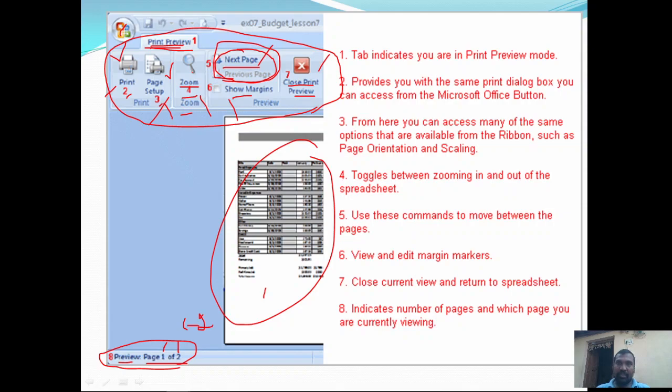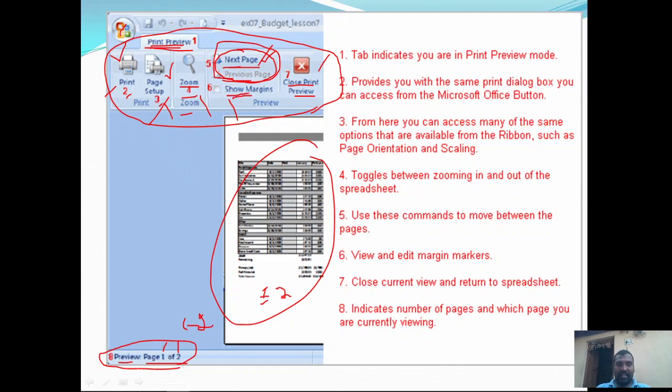If you want to view the print preview of the remaining pages, we need to navigate from one page to another. That navigation can be done with the help of these next page and previous page commands. If you click on next page, for example, if it is the first page, it is going to display the second page next. If you click on previous, it is going to display the first page, like that.